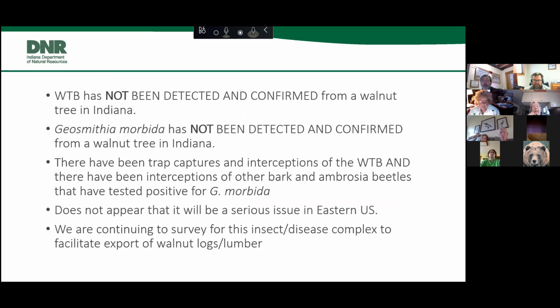So we have not detected or confirmed thousand cankers disease in Indiana. The walnut twig beetle we have caught. We have intercepted it through traps at sawmills and log yards in the state. And we have also found the fungus. However, we have found the fungus being carried on some other insects, some other ambrosia beetles and some other weevils, which